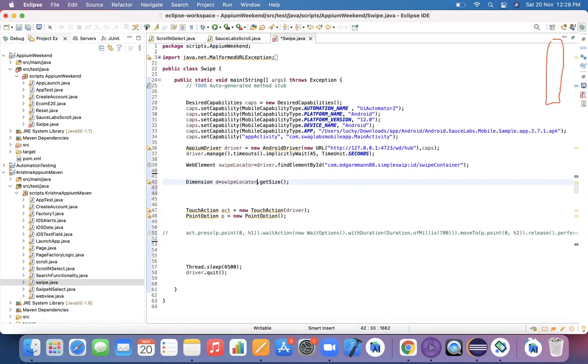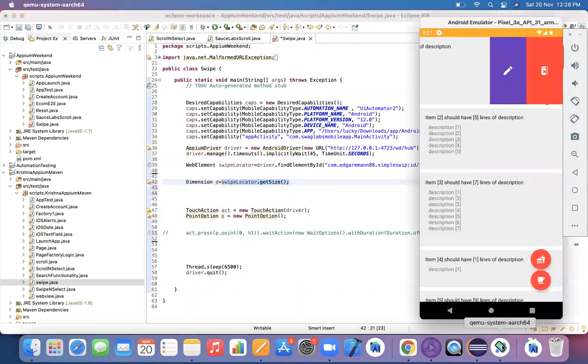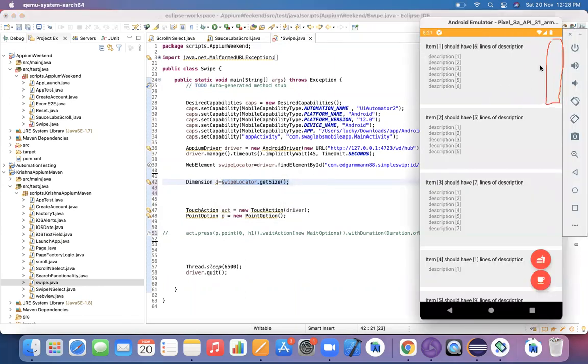Whatever the size is for this particular object, I'm getting the complete dimensions of that object. And here in this situation, guys, if you clearly observe the y coordinate value, vertically we are not changing anything. Wherever the vertical coordinate is, it's remaining one and the same. Only the horizontal coordinate is changing.